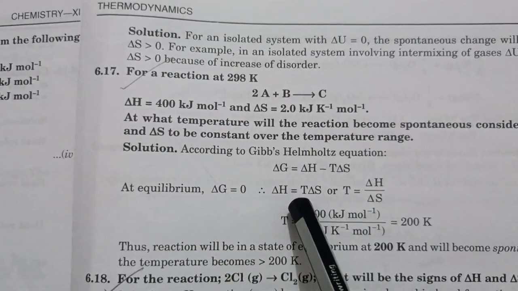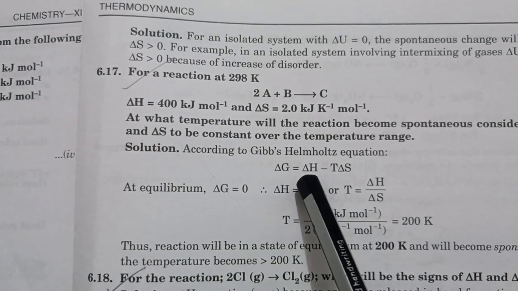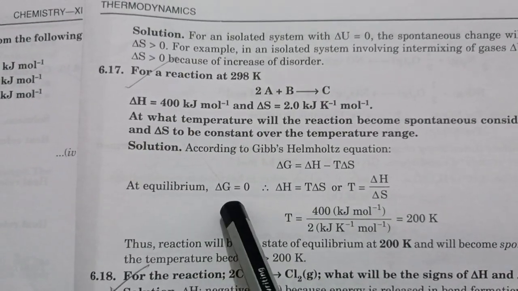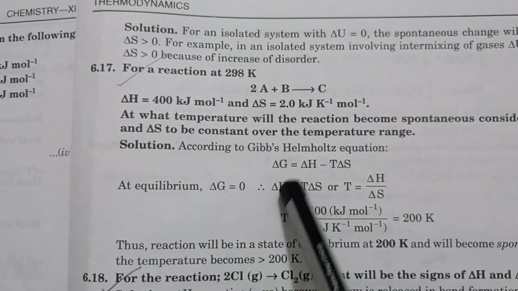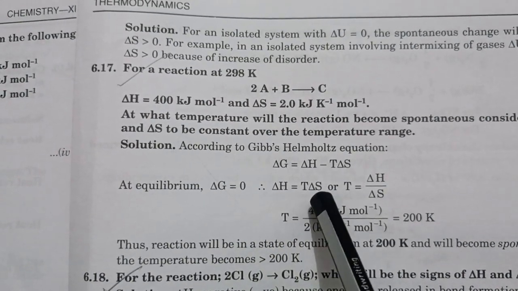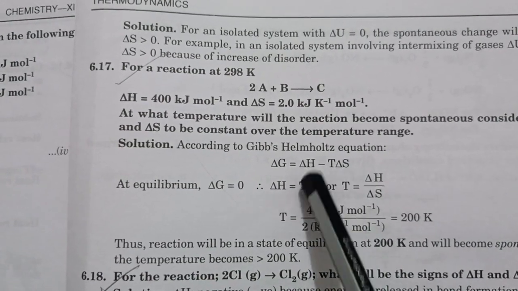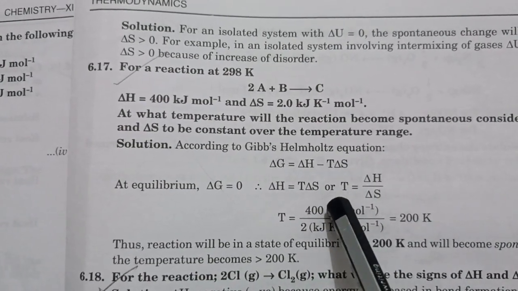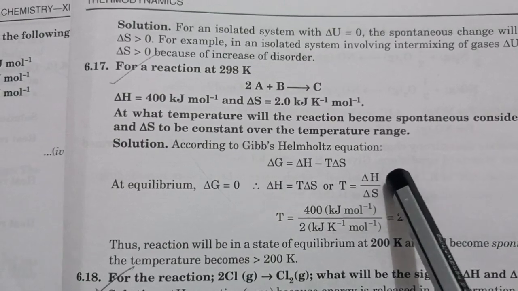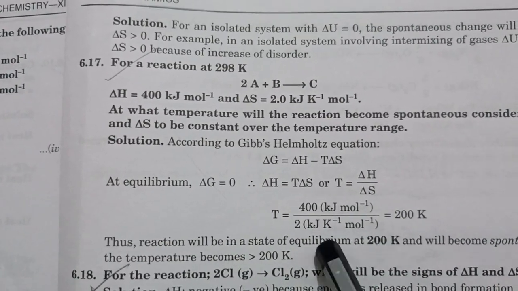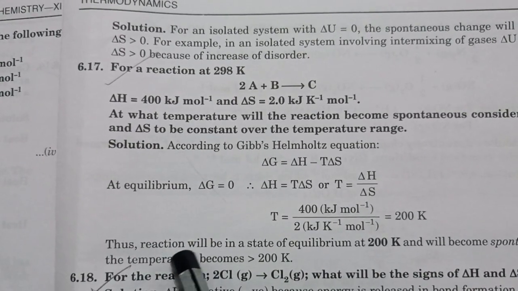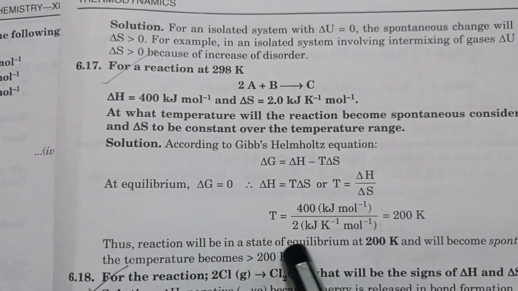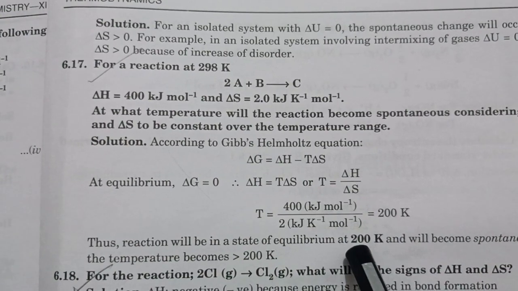So for the reaction, how will we calculate the temperature? We know that at equilibrium delta G is equal to 0. So delta G is equal to 0, so delta H is equal to T delta S. So we can find the temperature at which the reaction is in equilibrium. So the reaction will be in a state of equilibrium at this temperature, and